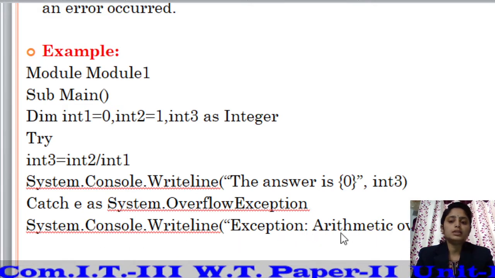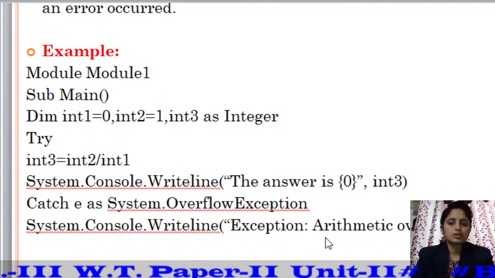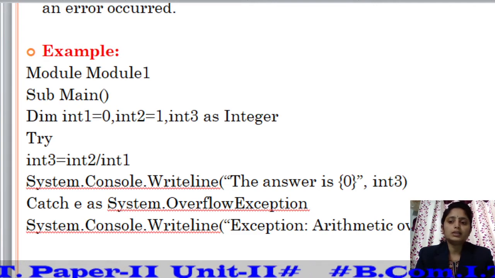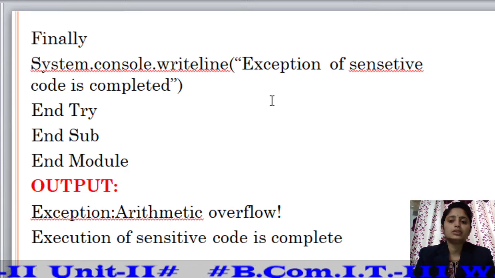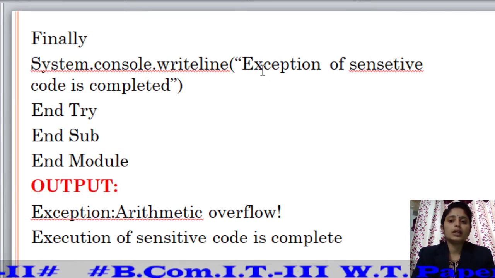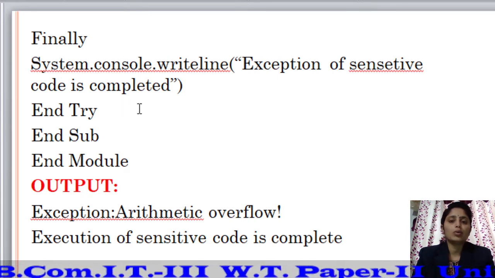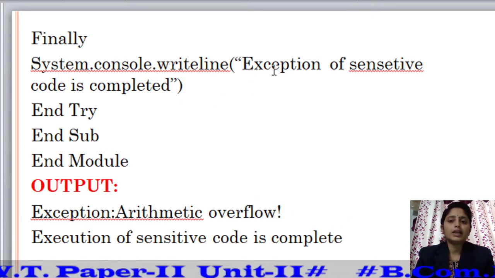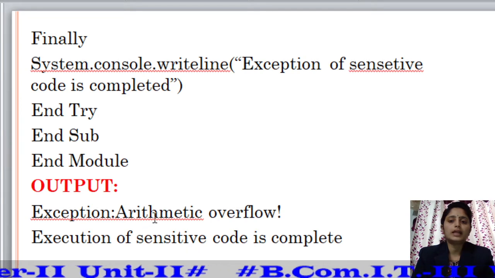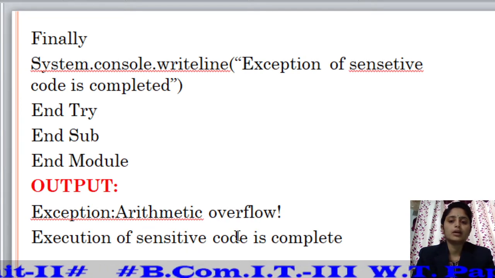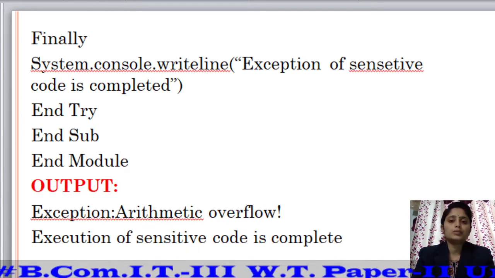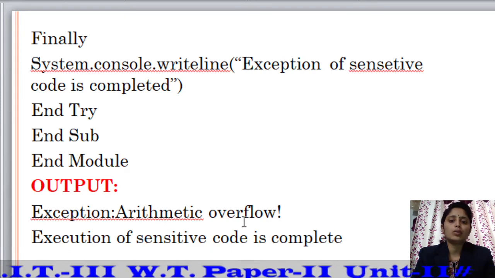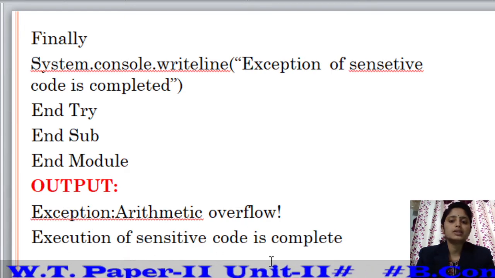After that, the finally block is executed, and its statement, exception of a sensitive code is completed, is printed after the arithmetic overflow statement. So the output of this program is exception arithmetic overflow and the execution of a sensitive code is completed.